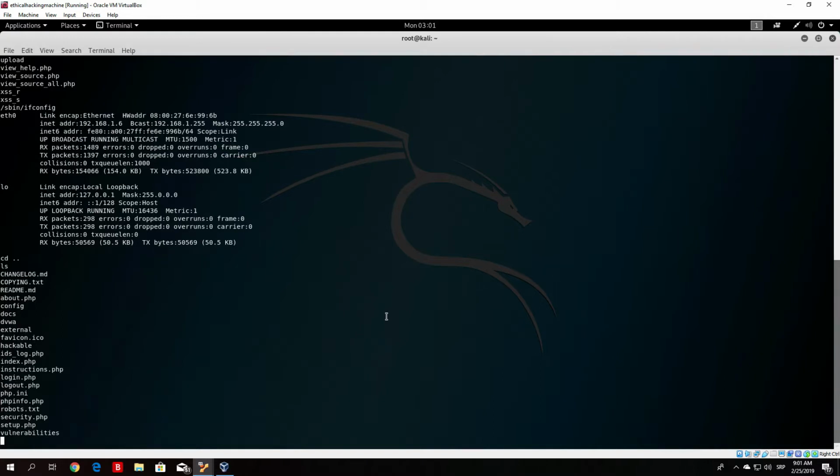Now let us perform the blind command injection, or should I say, let me show you how to find out if a certain website is vulnerable to blind command injection instead of just command injection. So now what I mean by blind command injection is basically, as you can see, if we go right here